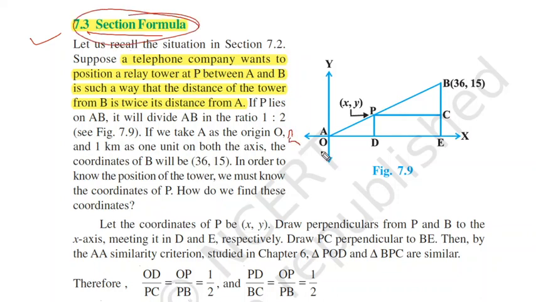So in the previous section, you should remember you had started from a point O, then you had moved up to 36 km towards west. Then after reaching point E you had to move towards north, and you moved 15 km. Then you had to find the distance between O and B. So this was the problem for the last section.